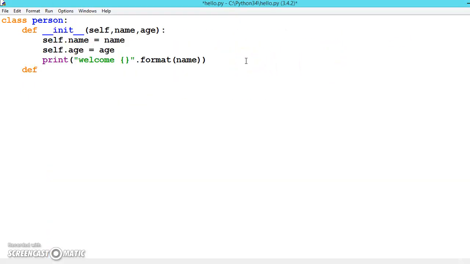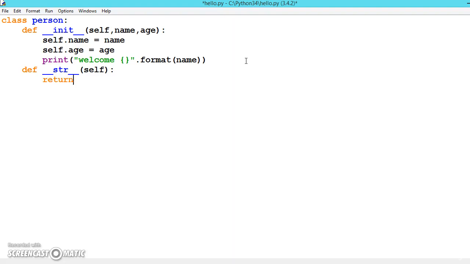All the special functions start with double underscore, then str, and double underscore. Now let us write self, and we can write anything here, that is our wish. Whenever we call the print, it will be calling this one.